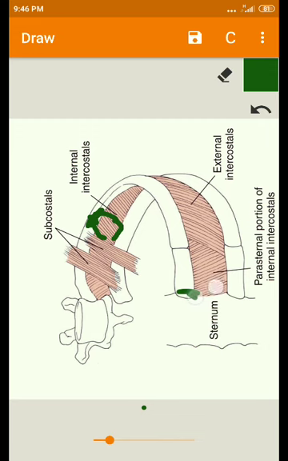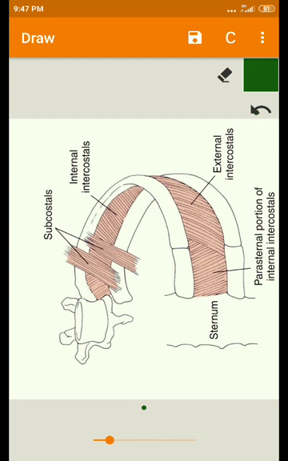So these fibers are running downwards and posteriorly. They will move like this posteriorly also. Finally, every muscle is going to end up in a tendon, but these intercostal muscles are going to end up with an aponeurotic layer called the internal intercostal membrane. Okay, so it is inserted like that on the posterior aspect, exactly at the angles of the ribs.